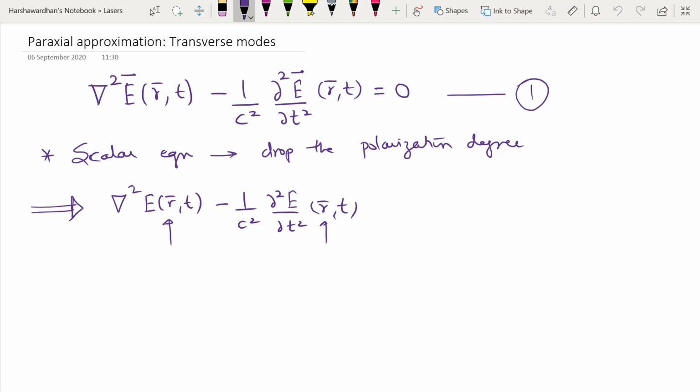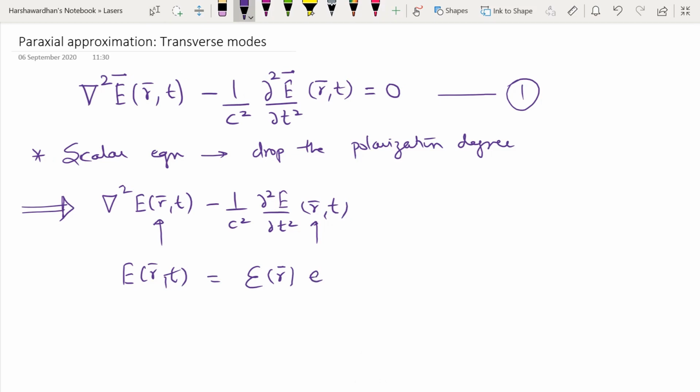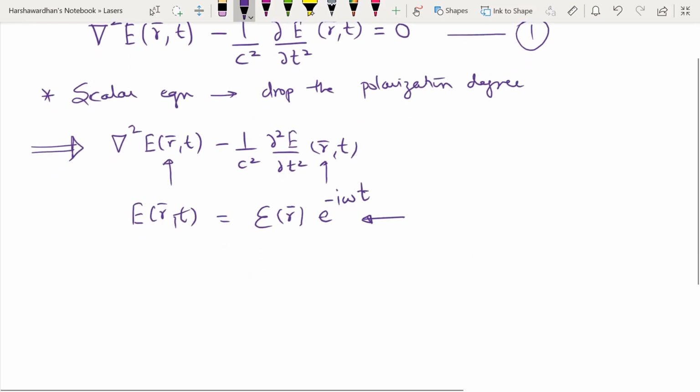So what we are doing is looking for solutions of this equation, that is E(r,t), of the kind where the spatial and the temporal parts actually separate out. That is, the amplitude is a function of r, and we are looking at a monochromatic field which has a very specific harmonic time dependence. So time dependence, if any, is of this kind. Now if I plug this solution, let me call that an ansatz,